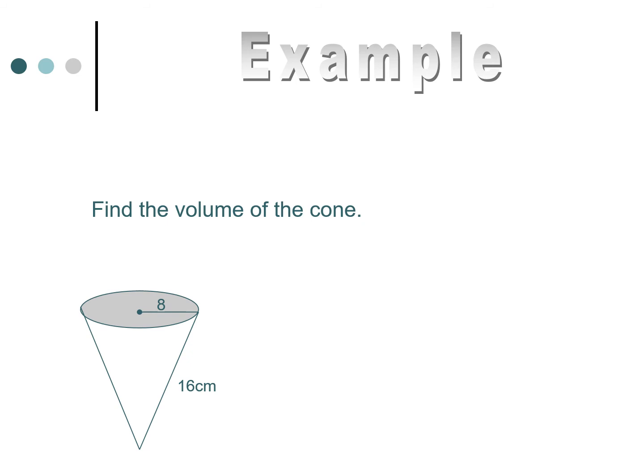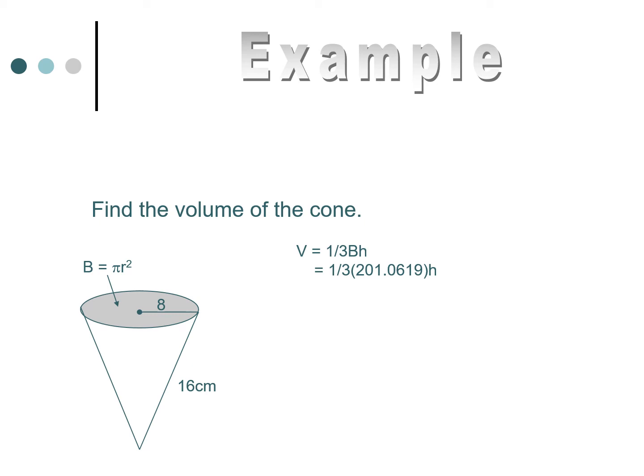Alright, let's go ahead and find the volume of this cone. We'll start off by writing the formula down. Volume equals 1/3 area of the base times the height. Let's go ahead and find the area of the base. Notice the base again is going to be a circle, pi r squared, the radius being 8. Go ahead and use the pi button on your calculator. Don't just do 3.14. Multiply it by 8 squared. You should get